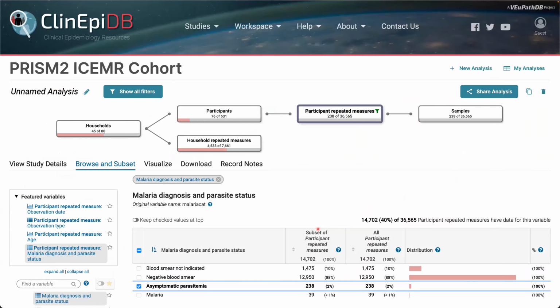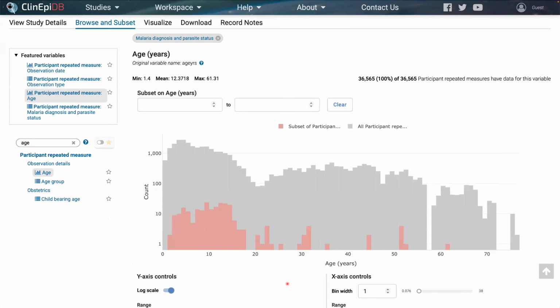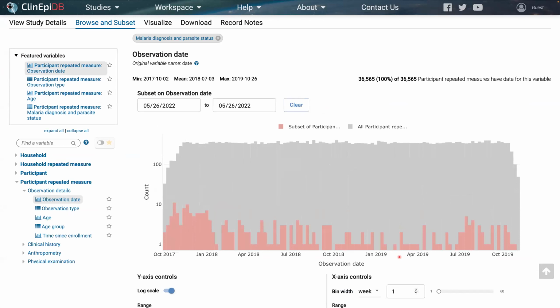If we were to turn to the more recent cohort study that has looked at individuals of all ages throughout these communities, looking at the evolution of asymptomatic malaria, I can observe that the incidence of malaria declines with age and has also declined over time with the spraying campaigns, but that asymptomatic parasitemia continues to be observed